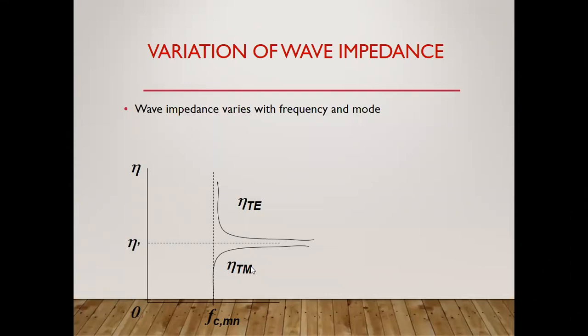You can calculate the wave impedance, the characteristic impedance, which is varying with the frequency up to a certain frequency value. So the TM mode will act there, and later if it is increasing, and the other one is decreasing, you can say from the larger value to the lower value, that is the TE mode.